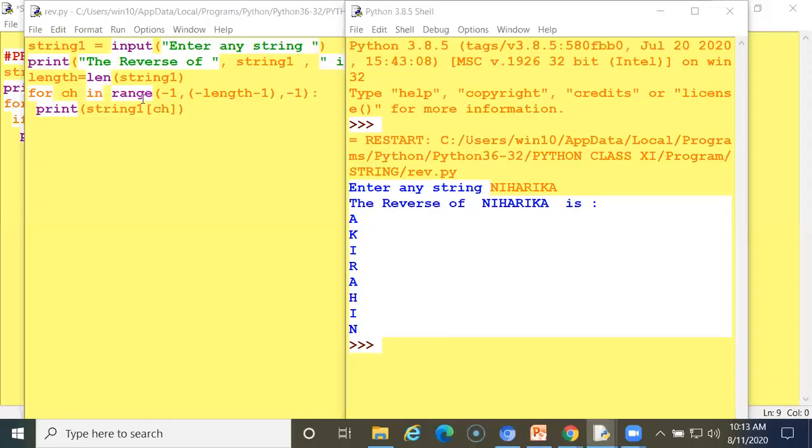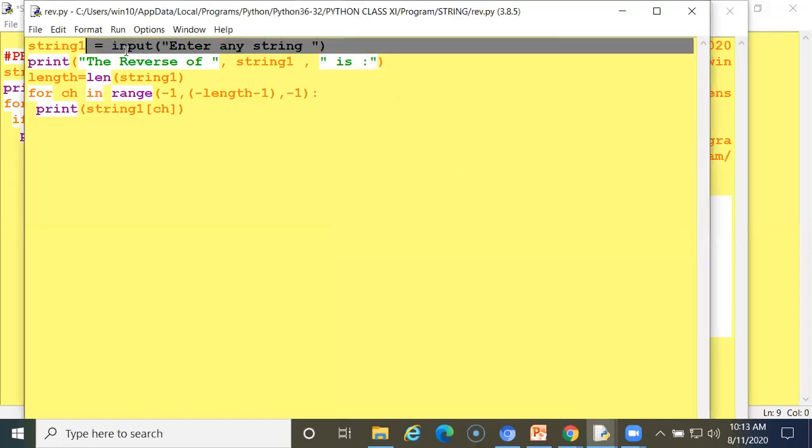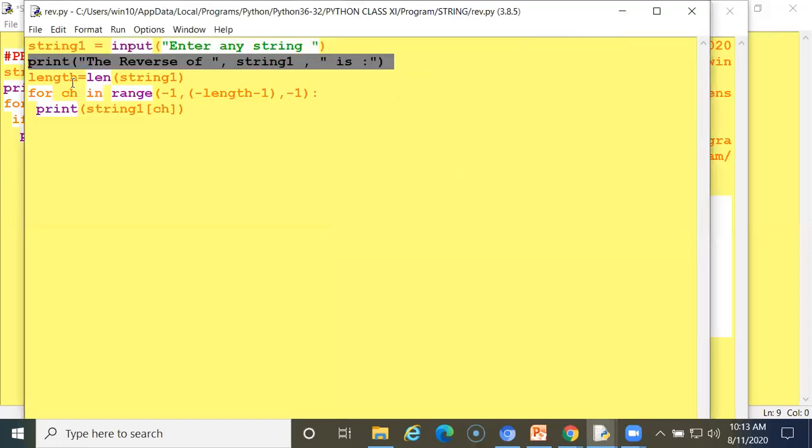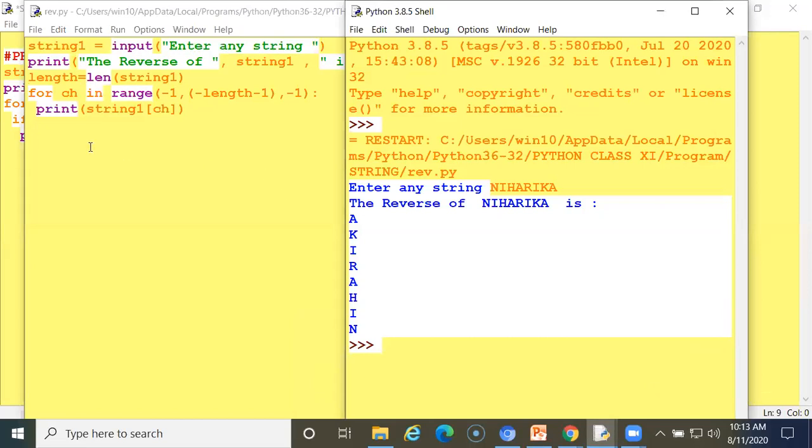See, this line is the line which is printing over there, and this line will take the length of the string which I am getting here, and this is a for loop with ch as a counter variable in the range -1 which I have given here. What is the use of this? -1 means, from the starting value it will deduct.